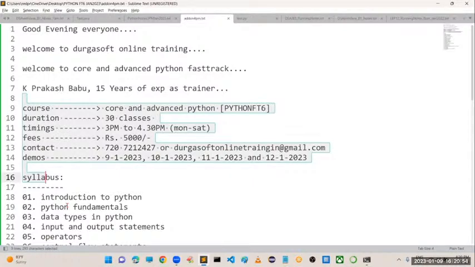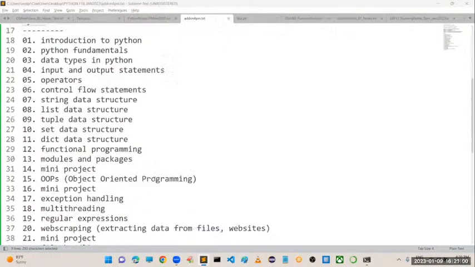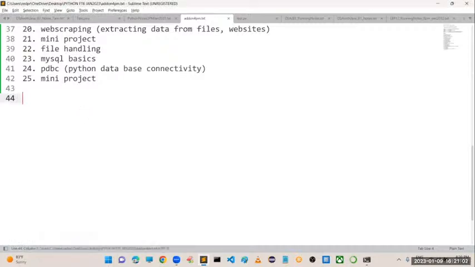So I hope all your doubts are cleared, and I will continue the class. First, to give you some benefit, I will write some Python programs so that you feel how easy the Python programming language is.